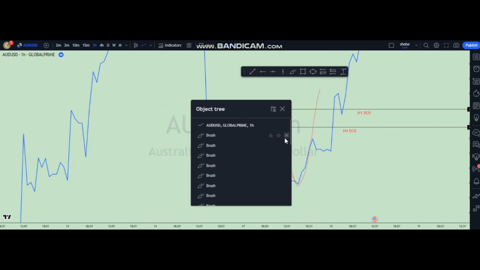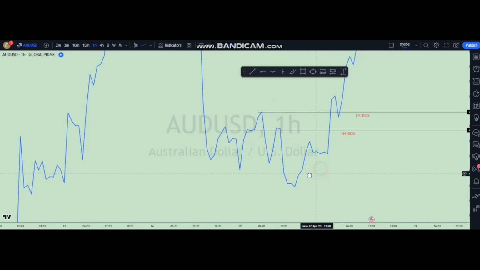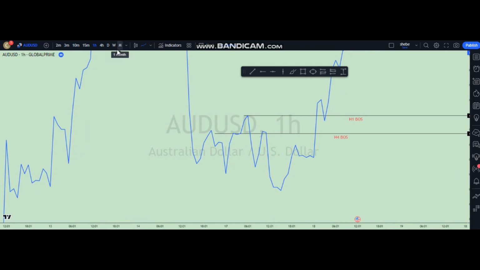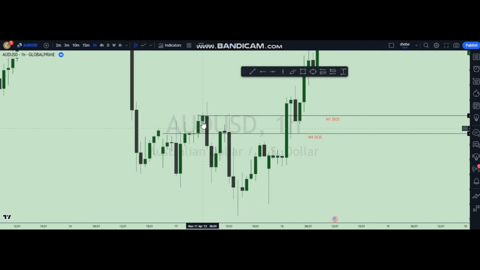But I can say you must be very careful with these breaks because they are so dangerous. You must be able to tell the real break from what is not the real break. So you must be careful when spotting these breaks, whether it is the daily time frame, the 1 hour, the 4 hour, or any time frame. Like I said, we just use monthly, weekly, daily, 4 hour, 1 hour for break of structure, and the rest I can explain there. Like you see here, this is the 1 hour break of structure.